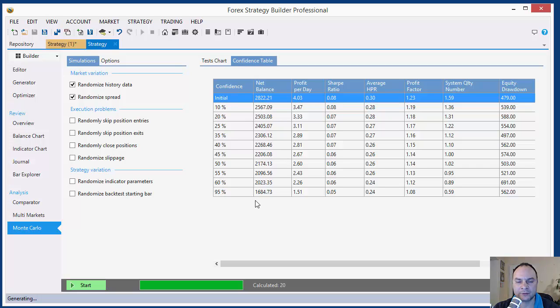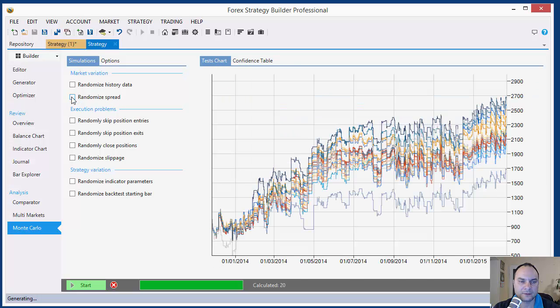Yes, all of the tests are profitable, and now I'll test these simulations. Run with skip position entries, run with skip position exits. Position exit. Maybe this is the simulation that makes my strategies lose money, because